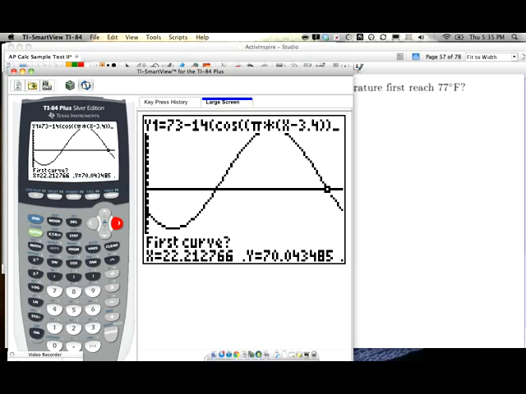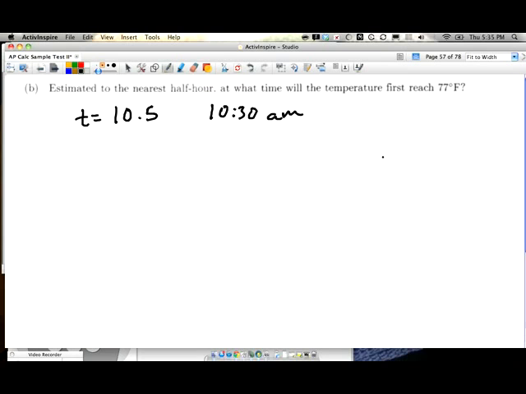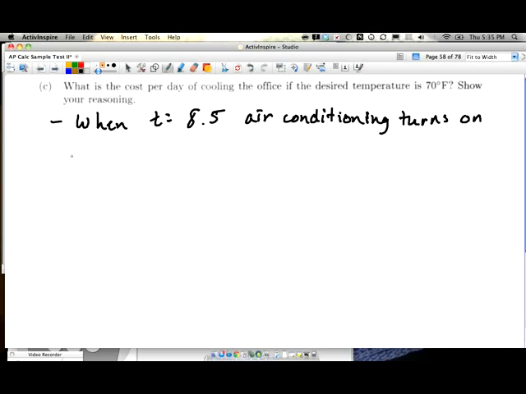Looks like we're about there. So probably about 22 hours. That's definitely past 6 o'clock. That's more likely 10 o'clock, okay, in the evening. So it turns on and then it turns off